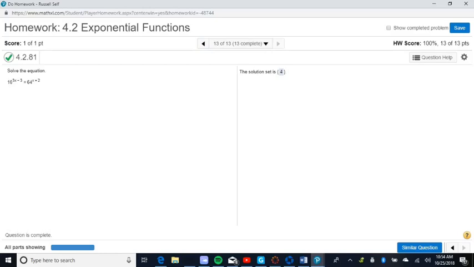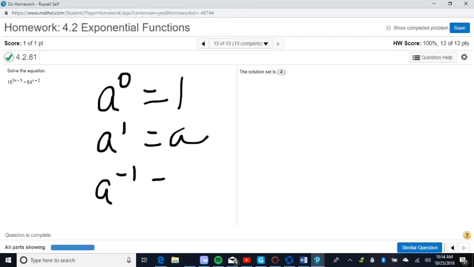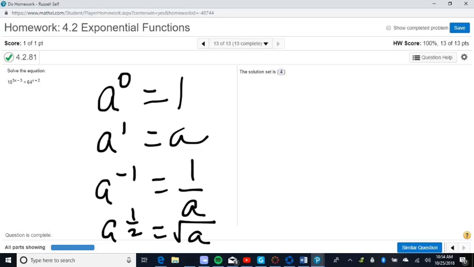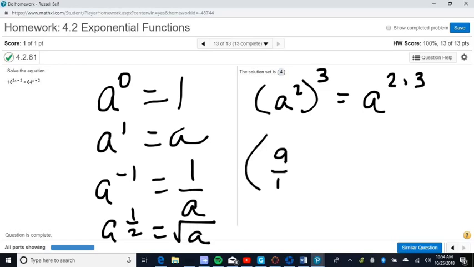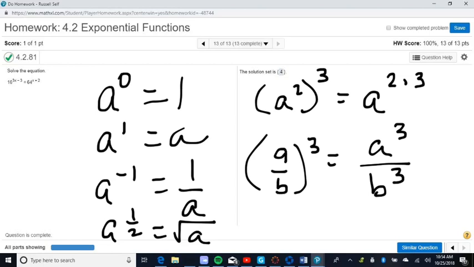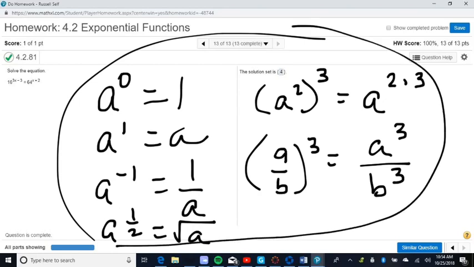Remember these. Anything to the 0 power turns it into a 1. Anything to the first power is itself. Anything raised to a negative power will turn it into a fraction or will reverse the fraction. Anything to a fractional power is actually a root. And if you have an exponent inside and an exponent on the outside, those will be multiplied together. If you have a fraction raised to an exponent, that means the top and the bottom raised to that same exponent. Okay? So, if you don't know these rules, you're going to be in some trouble, so make sure you